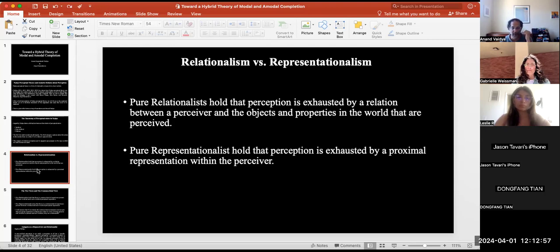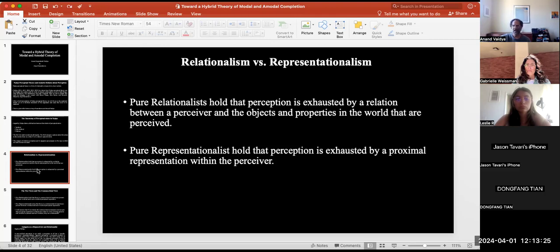Okay, and a pure representationalist holds that perception is exhausted by a proximal representation within the perceiver. So what is the kind of difference that's going on in the two cases? A relationalist wants to say that what's really central when you see a person is that there's a perceptual relationship between you and the object, the person as a particular in your environment, as well as the properties